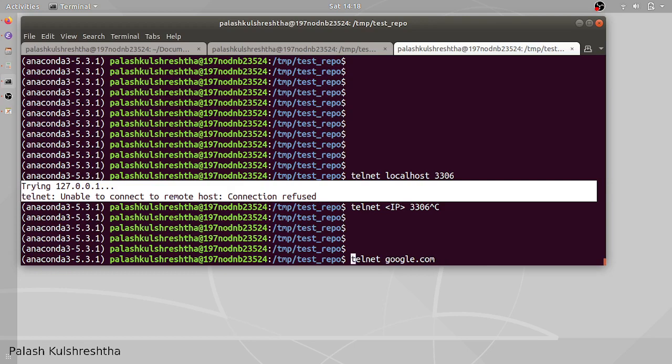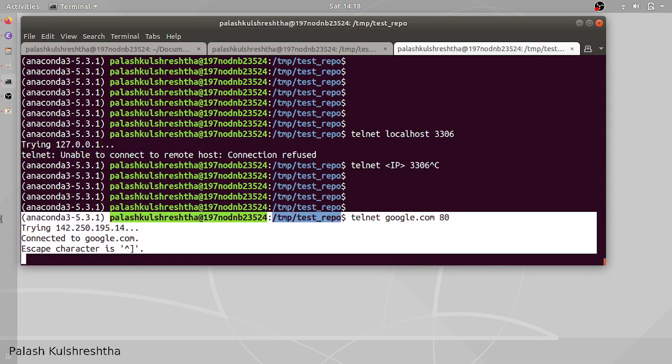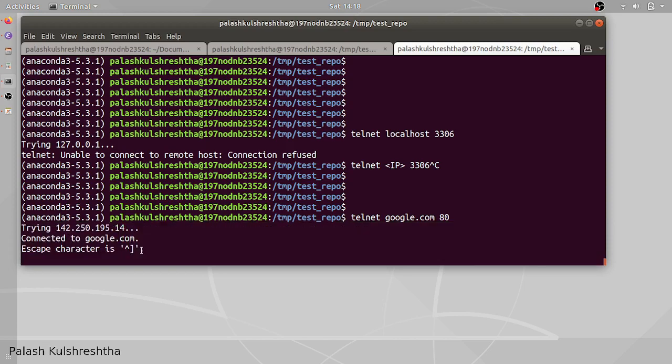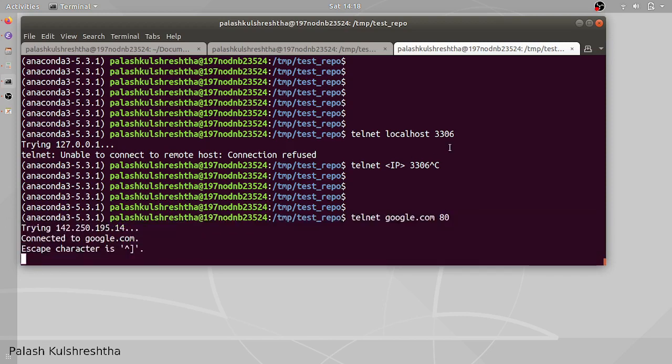Since google.com runs on the HTTP or HTTPS port, and the HTTP port is 80, let's try to check connectivity from my system to google.com on port 80. It is showing an escape character. This is the symbol that I am able to connect to google.com from my local server. To exit from this telnet, you have to press control.